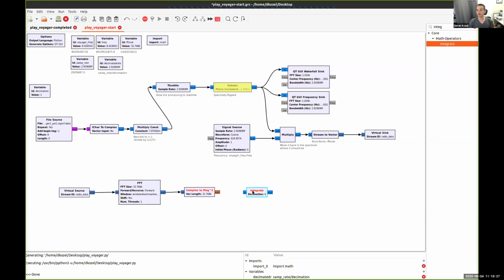The FFT works on blocks of data. In this case, it's working on 32,000 individual samples of data, and GNU Radio wants to know that that block is now going to be passed around as a single discrete object. So it's a single array of data, or a vector. You can imagine that if we had a couple of these output all at once, and we accidentally grabbed half of one and half of the next one, we would be mixing up the results. That would look like a frequency shift of some sort. So we're just telling it to keep these 32,000